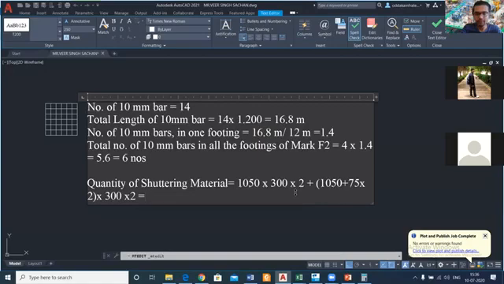So what is the total you found? What is the result? How much is it coming? This unit will be mm square, as we have taken everything in mm.